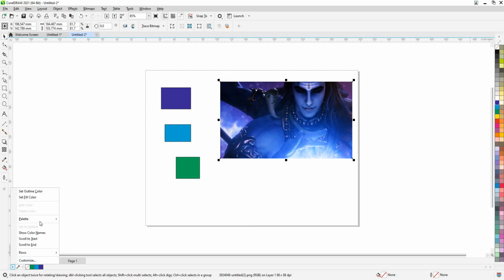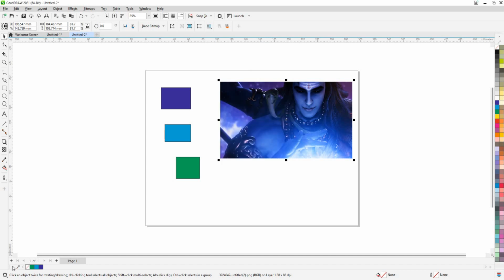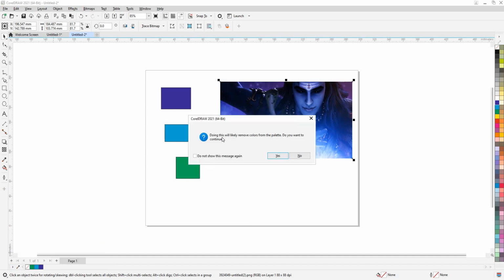Here, palette, and I can click on go to palette, and within I can add from selection, or I can choose refresh. You can just go in here, palette, refresh. It will remove the previously added colors. So if I happen to have deleted some of the colors, they'll drop out of the color palette. I haven't done that, so I'm just gonna go ahead and click yes,